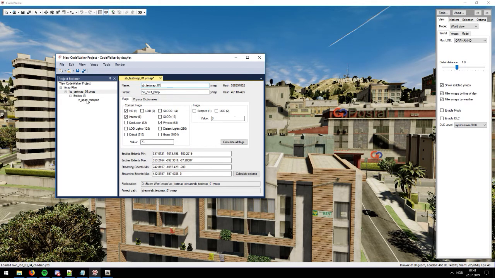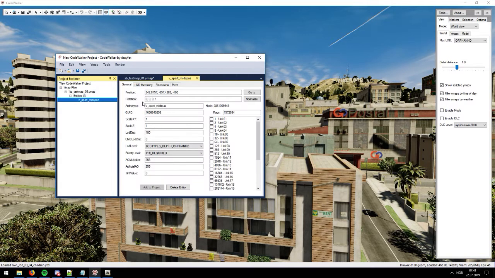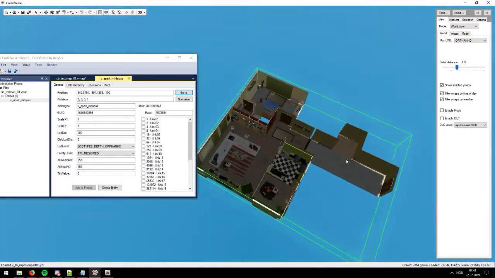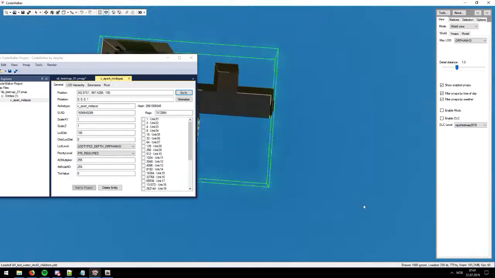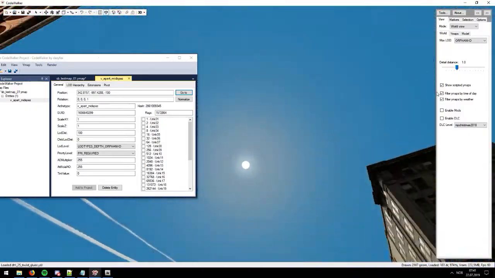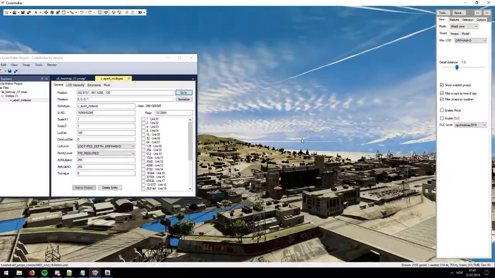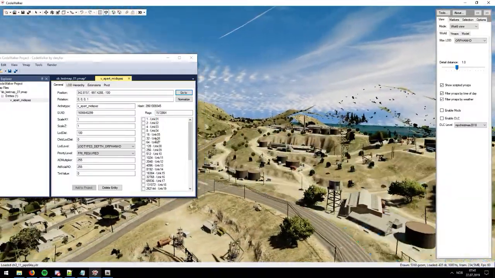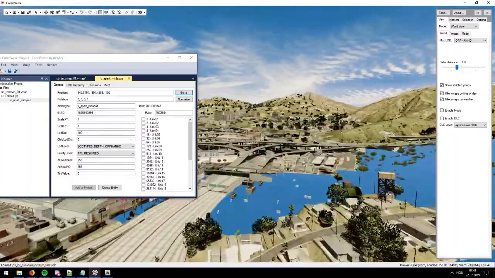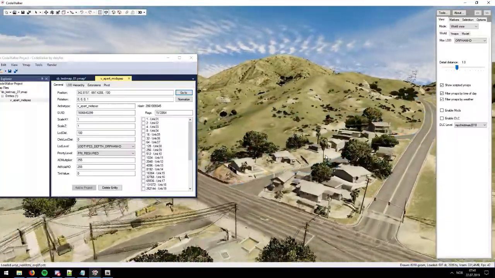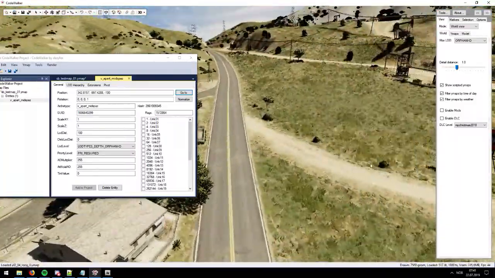Once that is done, you can go on the entity list there, get the location. This is going to be the default location, where it loads in obviously, since we copy the ymap. Next thing you're going to do then, obviously, just go around, like, you can place them wherever you want on the map, like I usually place them underneath, like, say I want to use a house down there, and then I would usually place it underneath the houses, so that